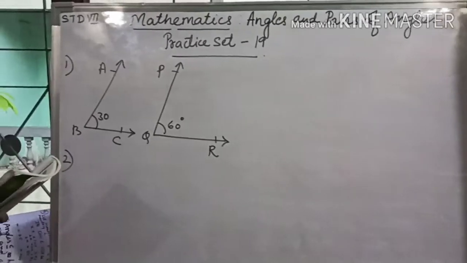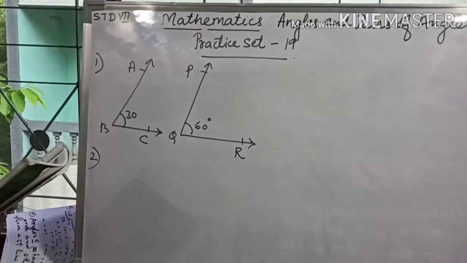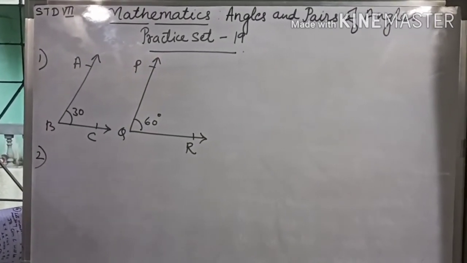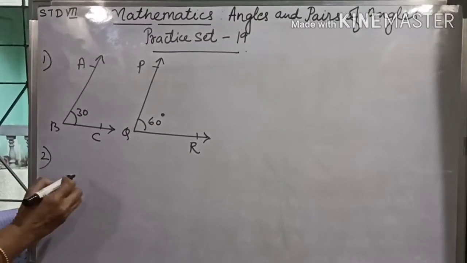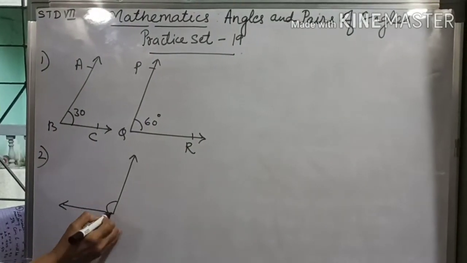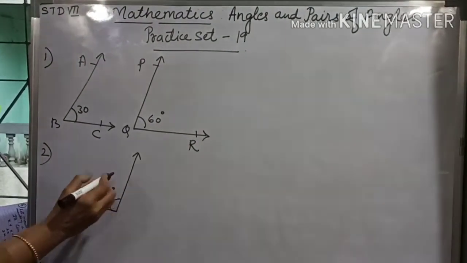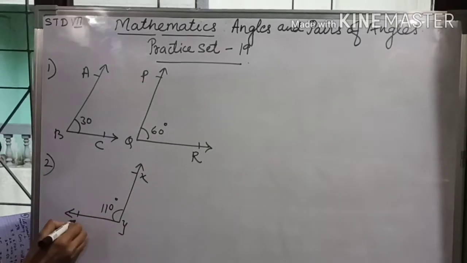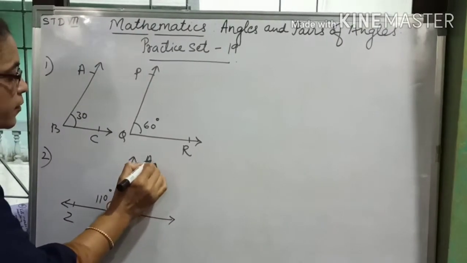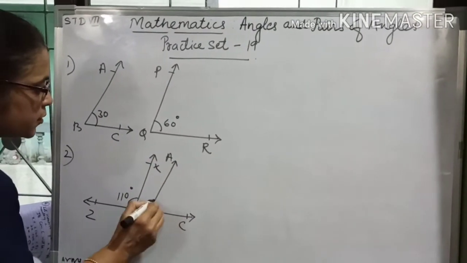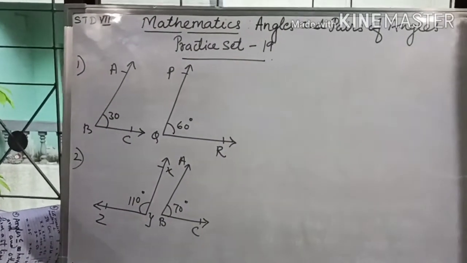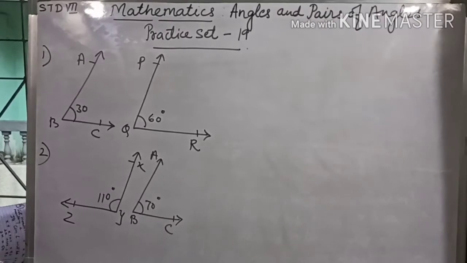Now the third one, complementary angles that do not form a linear pair. I think this should be supplementary angles. Supplementary angles that do not form a linear pair means separately you have to show the two angles which are supplementary. Their sum is equal to 180 degrees. Suppose this is 110. X, Y, Z. The other angle will be 70. These two angles are supplementary. The remaining sums you can do on your own.